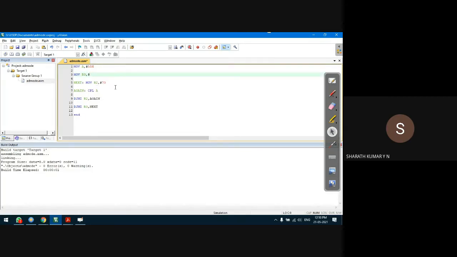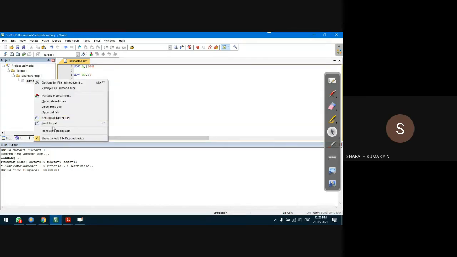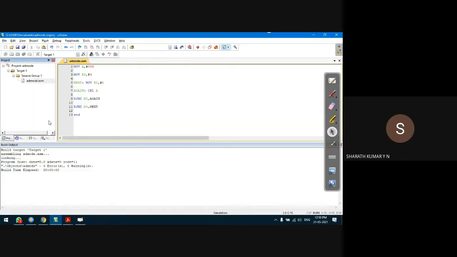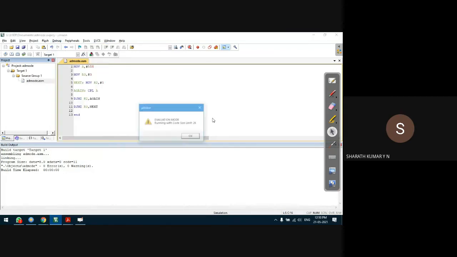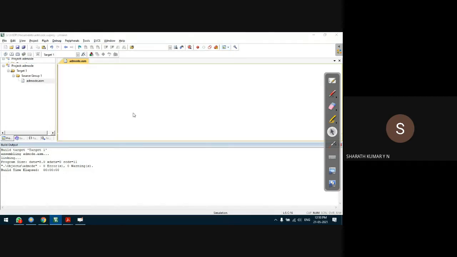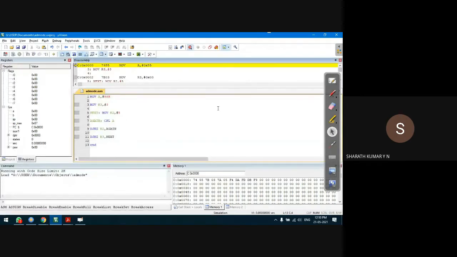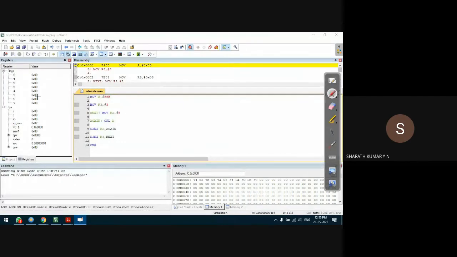Let us take this as 3, and let me take this as 5. There we go. Build target, debug start session. The locations to observe are R3, R2, and the accumulator.